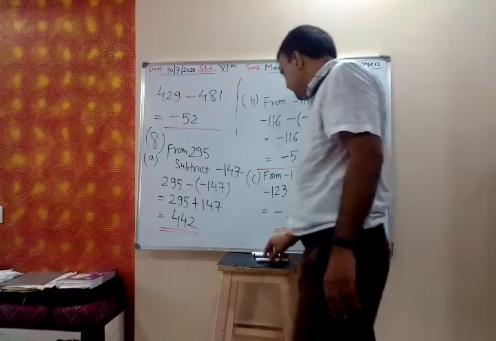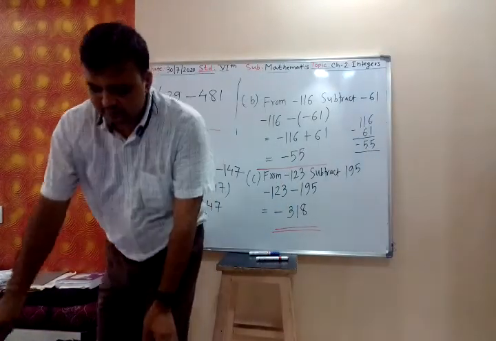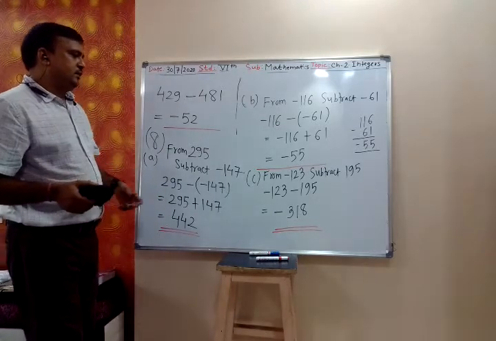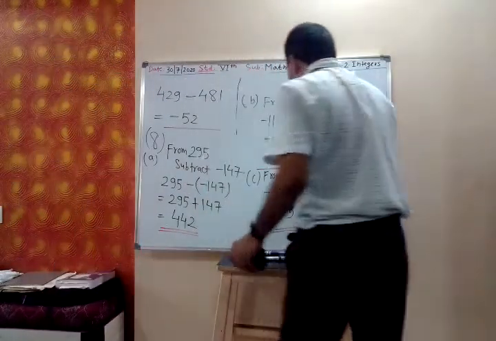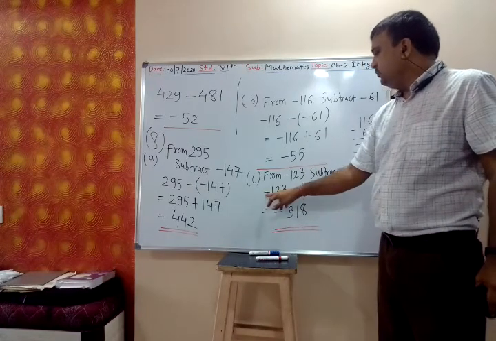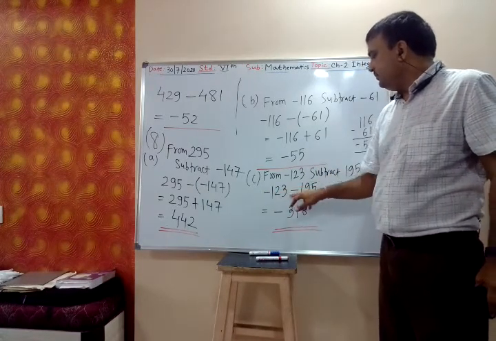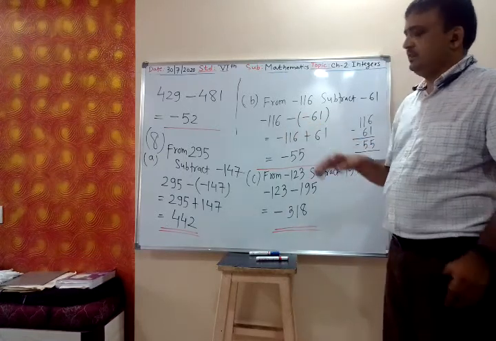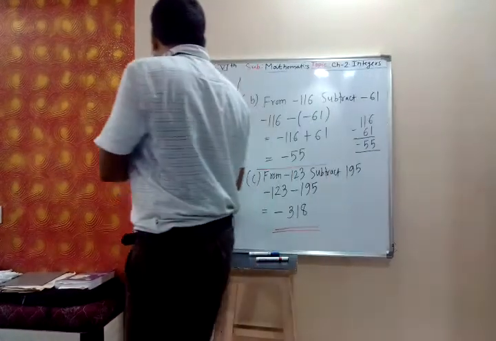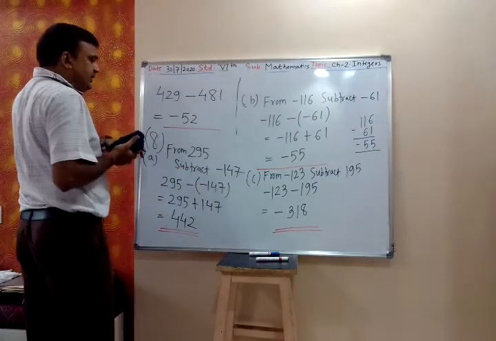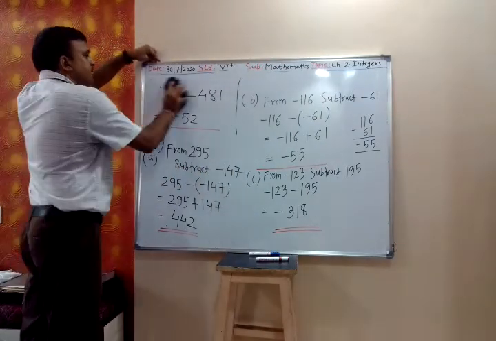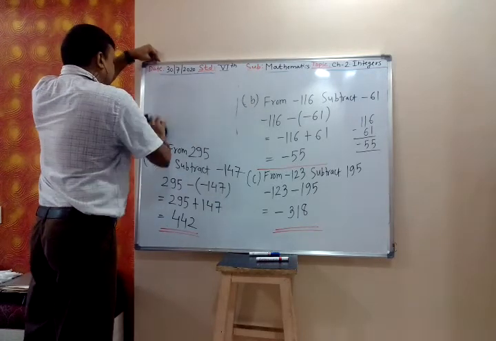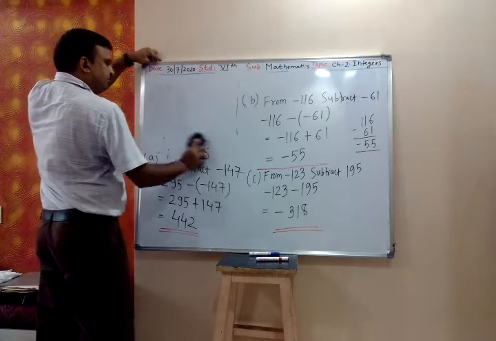From minus 123. Now you write the surprise test question. Because whenever there is a minus minus sign, you have to add the numbers and take the common sign, minus. Here minus minus is the same sign. Whenever we have the same sign, we have to add the numbers. Mute the microphone. Who is creating the disturbance?